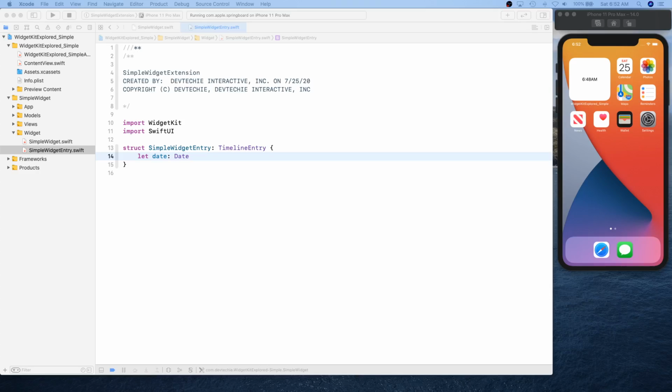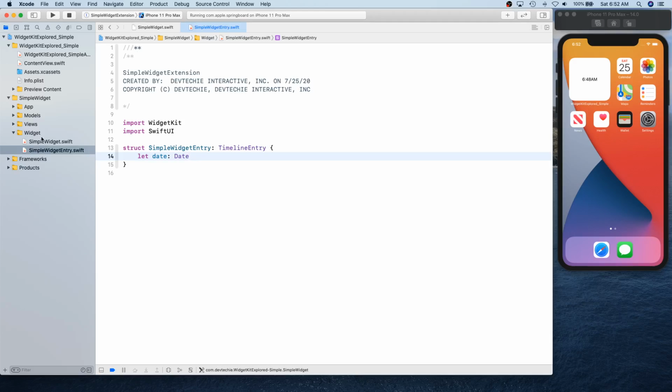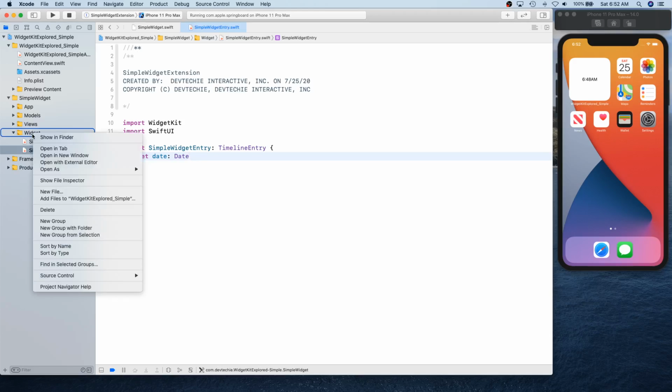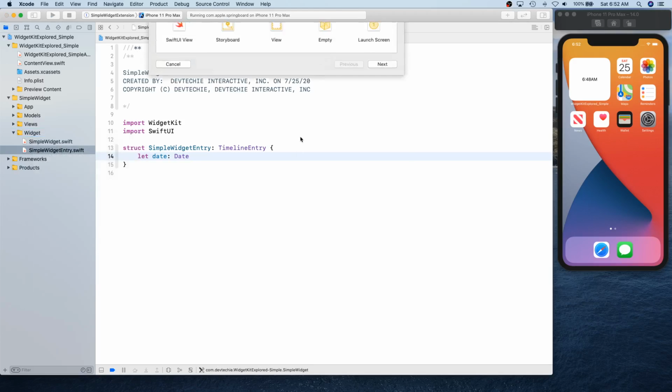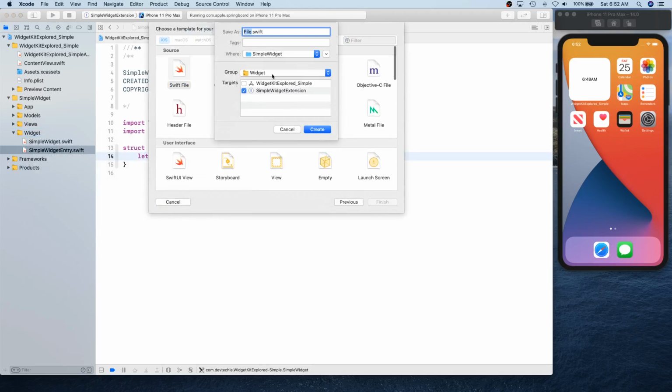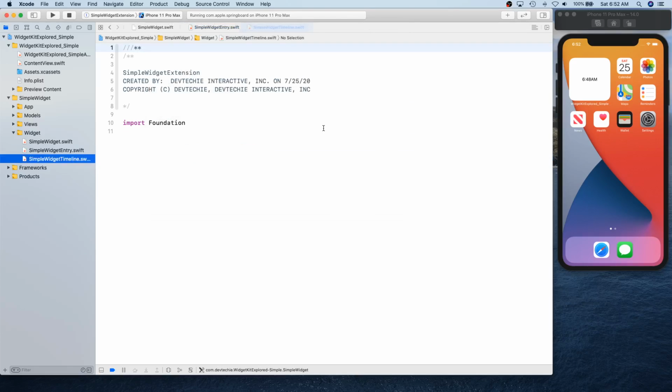Next thing you're going to need is a timeline. So I'm going to go and create a new file, and we're going to call this a timeline. And the way widget works is basically it creates these timelines where regular updates happen. Apple actually described in their WWDC 20 demo, it's sort of like how watchOS schedules its updates.